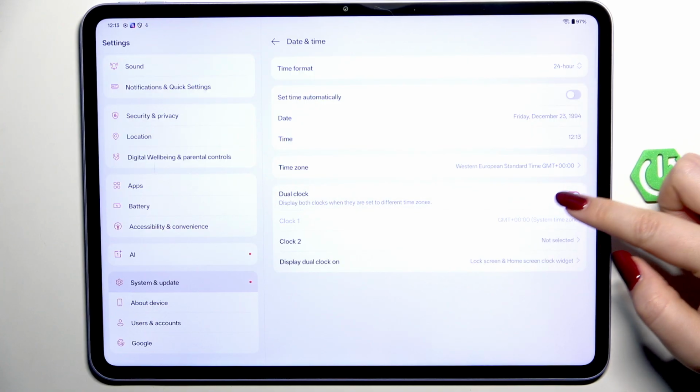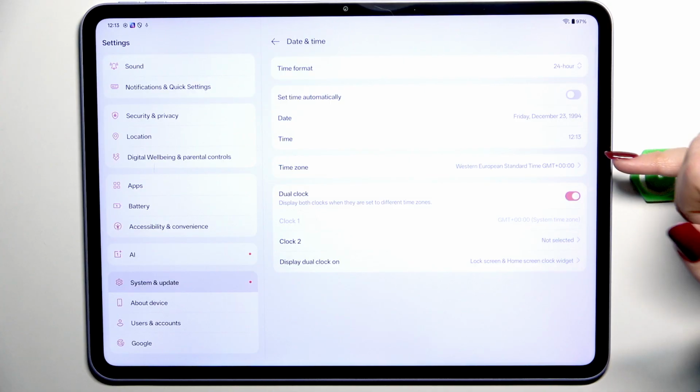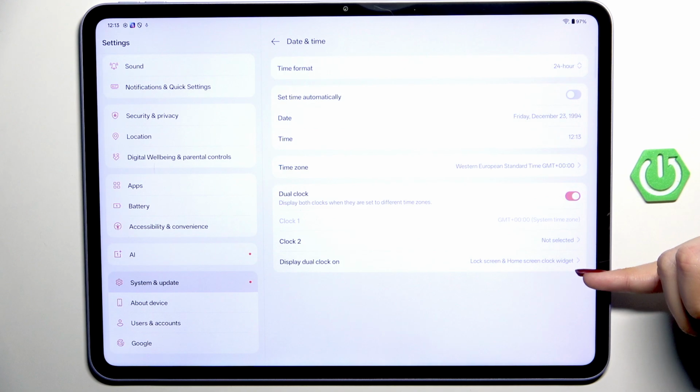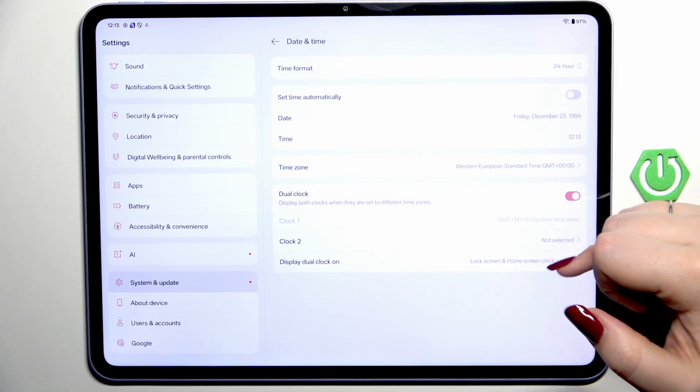Here you can also use dual clock, just tap on this switcher to turn it on. And basically your device will display two different clocks, the first one with the time from the place you're currently in, and the second one with the place of your choice. And you can decide how you'd like to display the dual clock, so on the lock screen, home screen, or